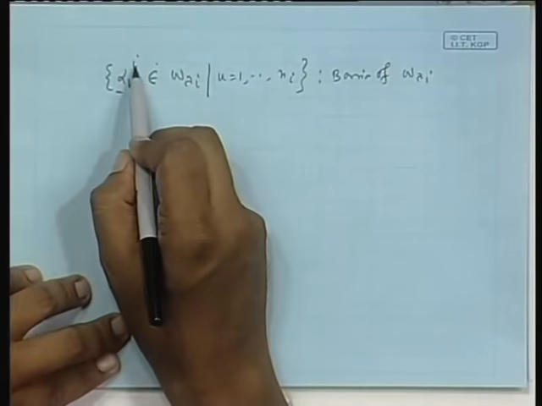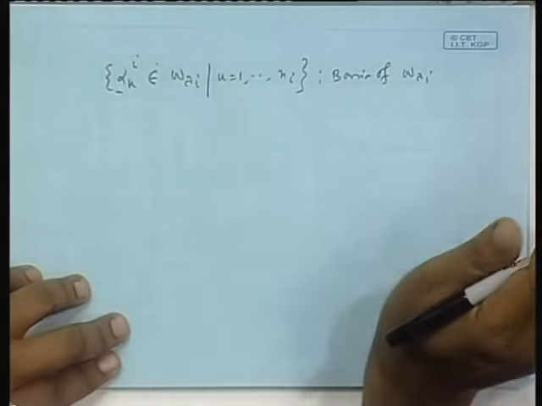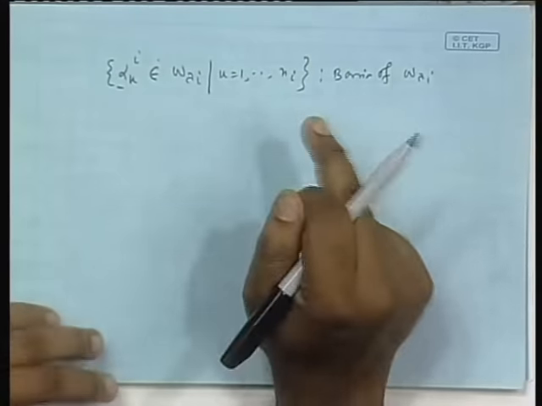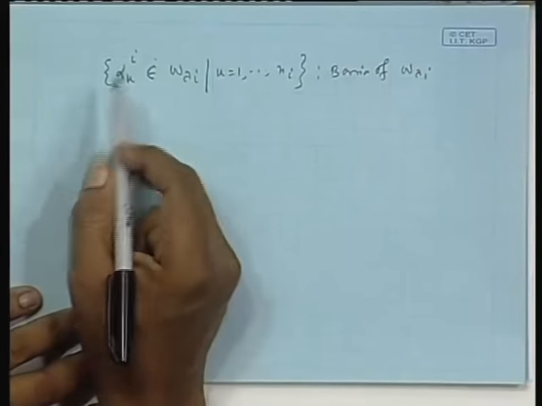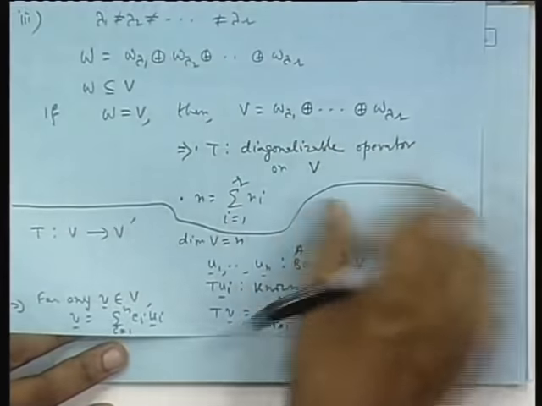And these are for i equal to 1, that is eigenvalue 1, i equal to 2, for eigenvalue 2, and so on, i equal to r, eigenvalue lambda r, for lambda 1, lambda 2 up to lambda r. Then, obviously, from that direct sum decomposition result, we can write down that if I append these basis vectors,